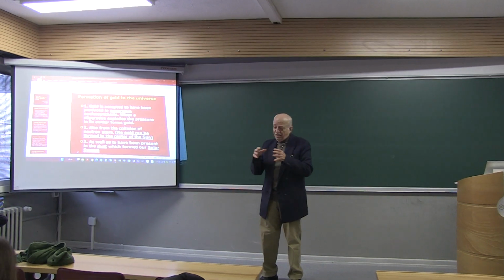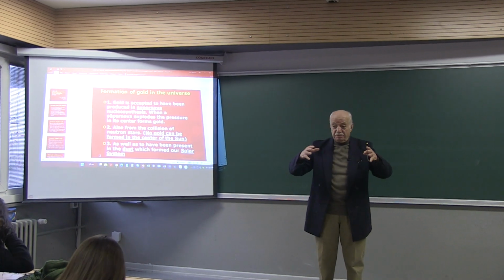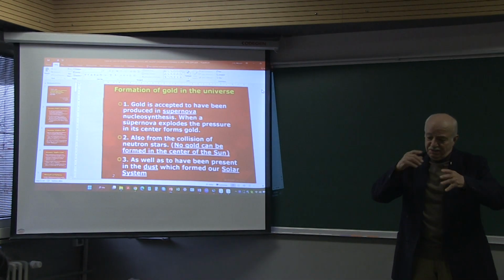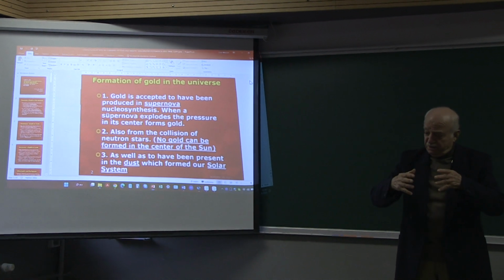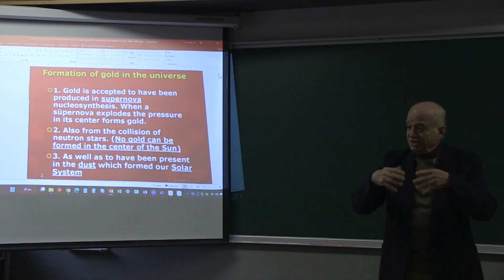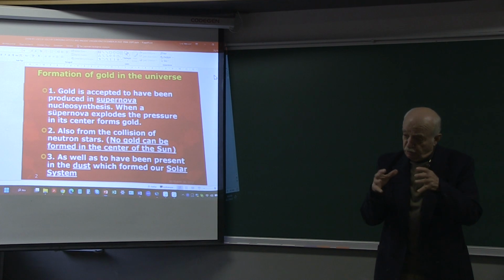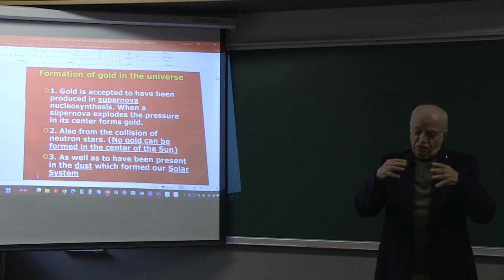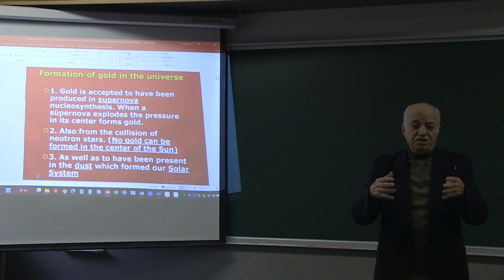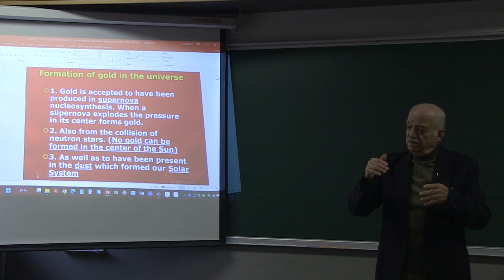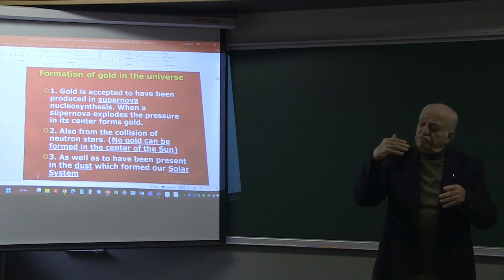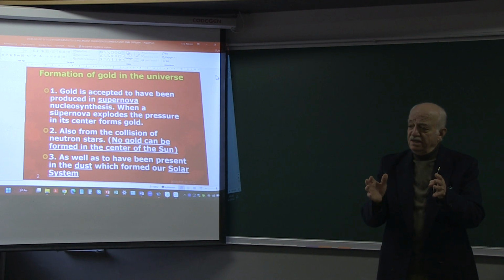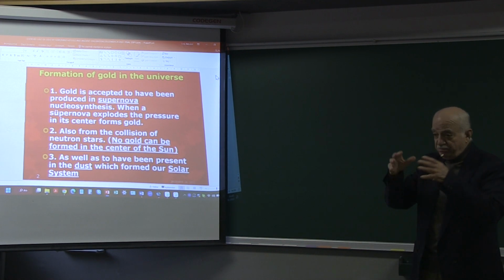are that when you have a very big star, much bigger than the sun, in their center, some elements are being synthesized or formed because of the pressure in their center. But the sun cannot produce any metal with an atomic number higher than iron. In the center of the sun, we do not have any element bigger than iron. But in big stars,